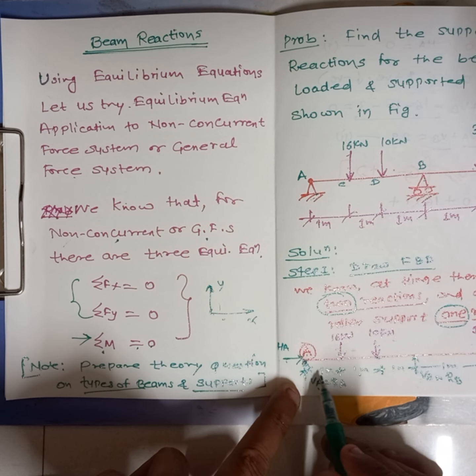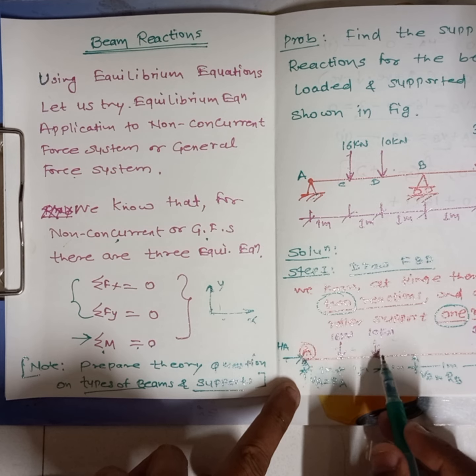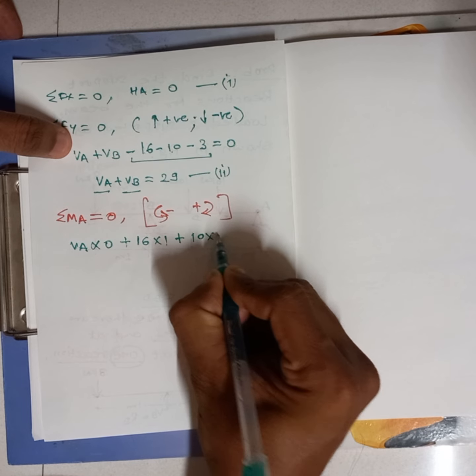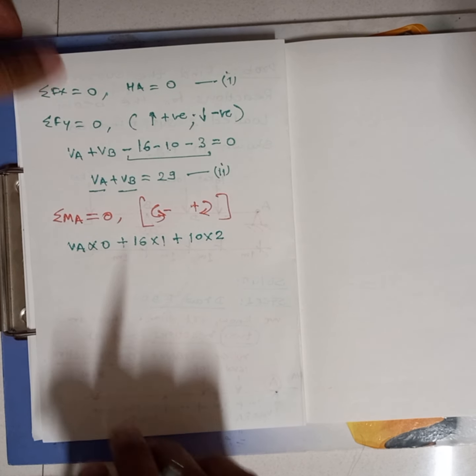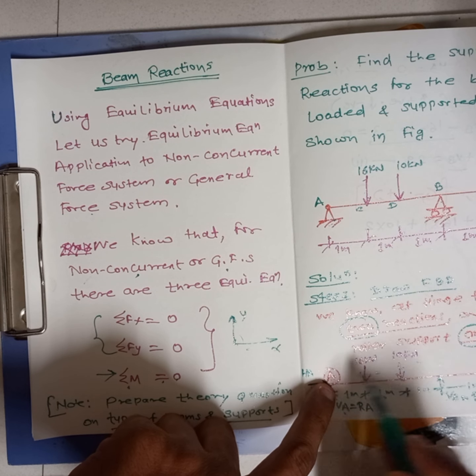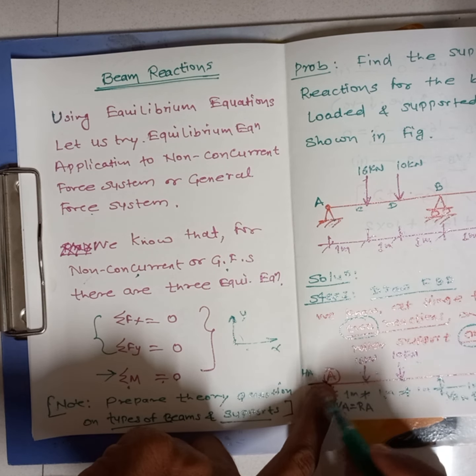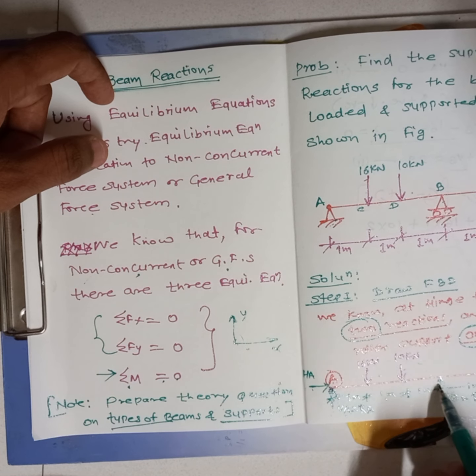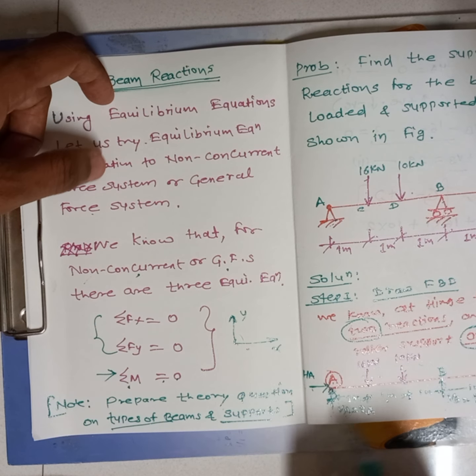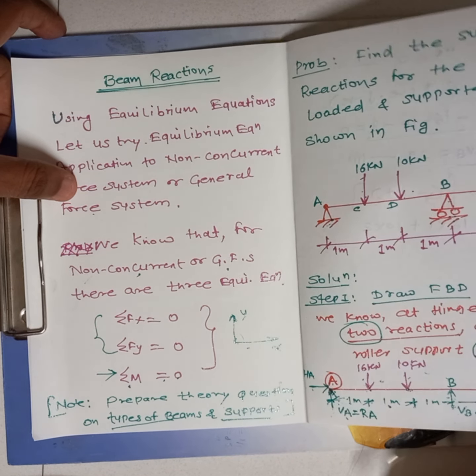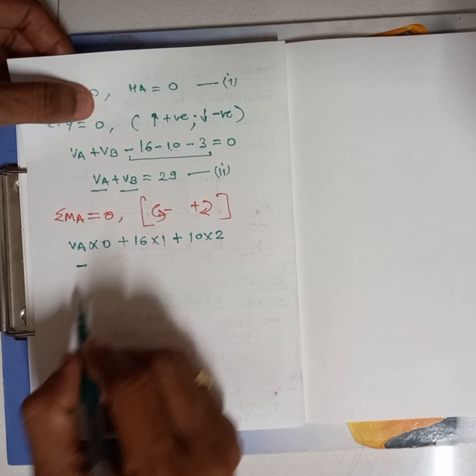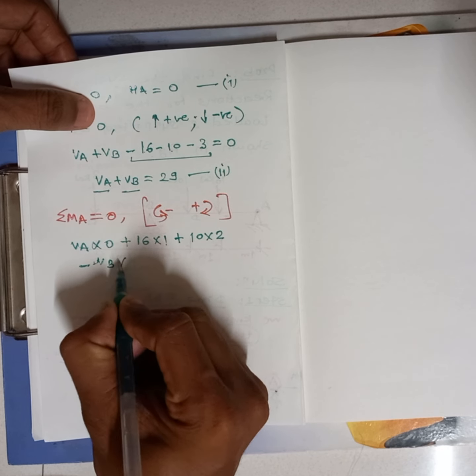So here perpendicular distance is 1 plus 1, 2. So it is 10 into 2. So plus 10 multiplied by 2. Got it? So next, now we will take the moment of VB about A. So it is anti-clockwise and the distance, perpendicular distance between A to B is 3 meter, right. A to B is 3 meter, it is given. So it is anti-clockwise, so minus VB multiply by 3,